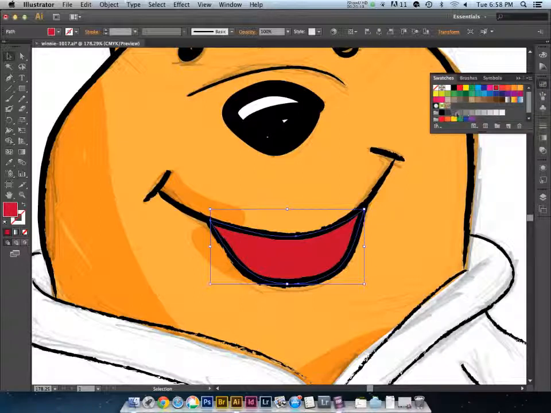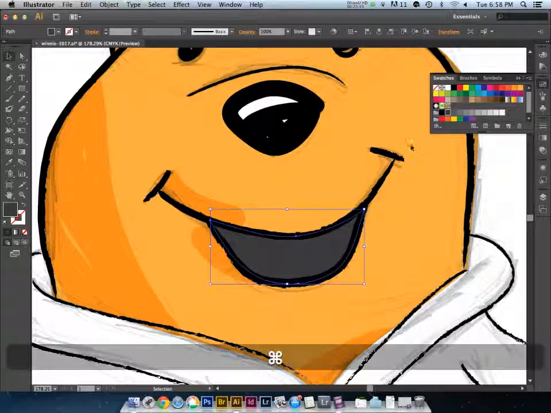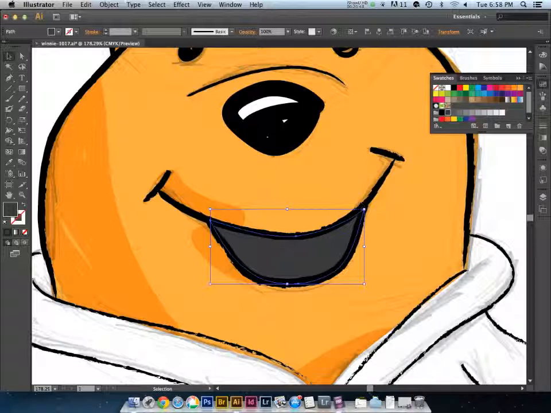I'm not going to go full black. I'm going to go with this 90% gray, which is next to the black icon. If I hover over it, you'll see it's 100% black. And the next one over is 90% black. So Illustrator by default has given us this nice 10% grayscale swatch set here. So I'm going to click on that 90% gray one,